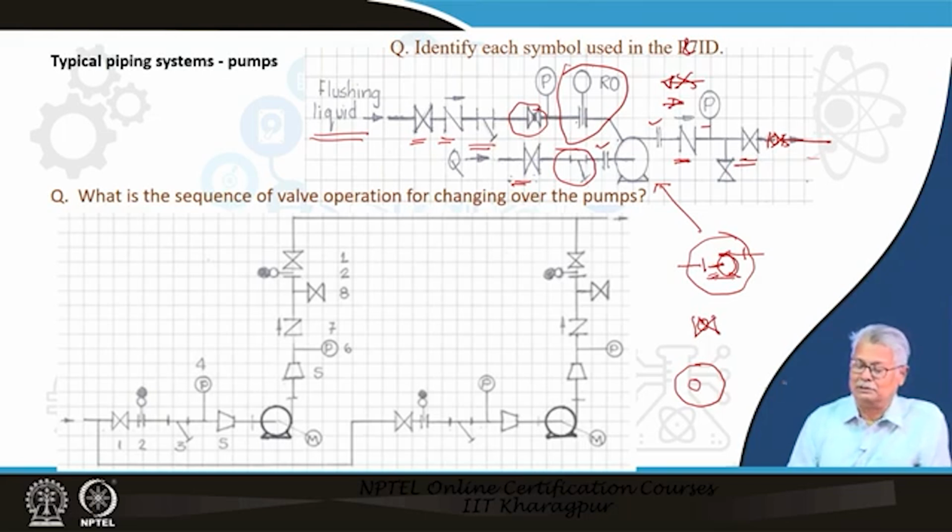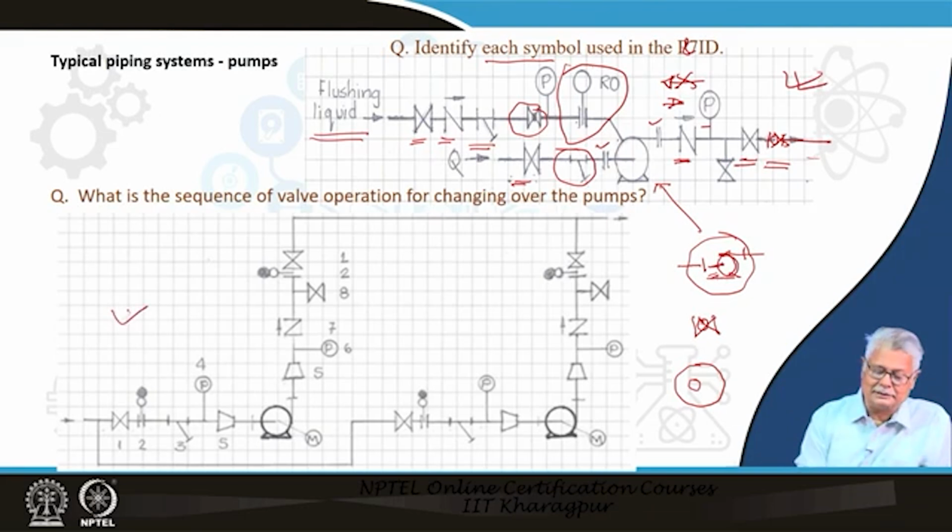Now, this is a single pump and it is a single centrifugal pump, and in case of centrifugal pumps, the capacity control is directly by throttling the discharge, which is done by this particular globe valve. And I believe that you have been now prepared to identify each symbol in this particular drawing. We will find that all of these are present in this drawing also, but you have one additional extra symbol. This simply means a spectacle blind. This is called a